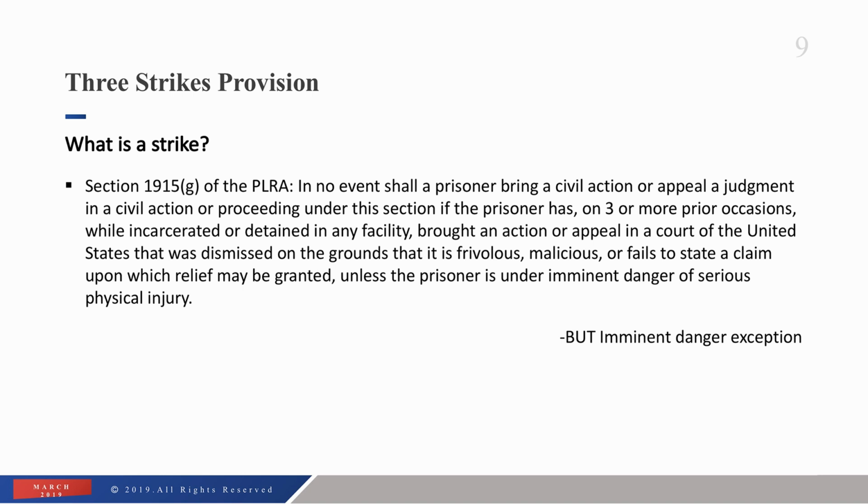Hence, the case was frivolous, malicious, failed to state a claim for relief, or demanded monetary relief from a defendant with immunity. If the prisoner has 3 or more cases or appeals that were dismissed because they were frivolous, malicious, or failed to state a claim upon which relief may be granted, that prisoner is required to pay the full filing fee, and if they fail to do so, their case will be dismissed.